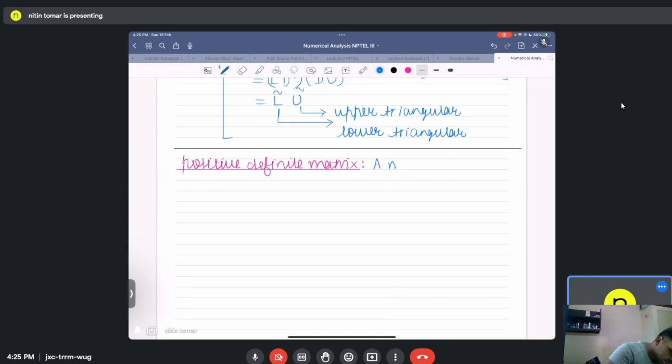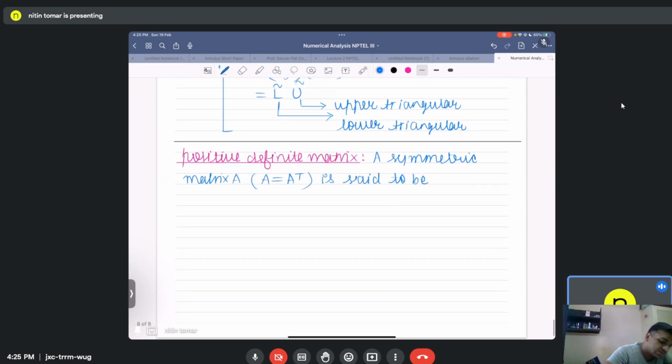A matrix A, actually symmetric, you know, right? A equal to A transpose. A symmetric matrix A, which means A is the same as A transpose, is said to be positive definite